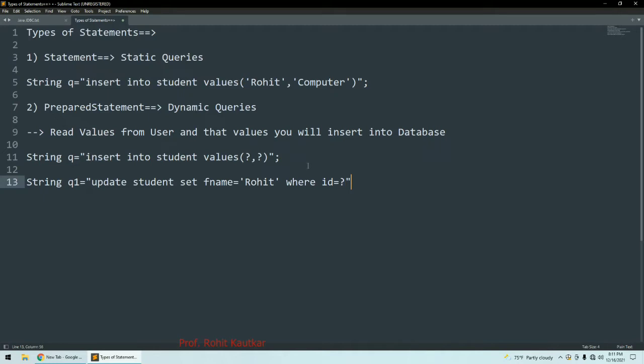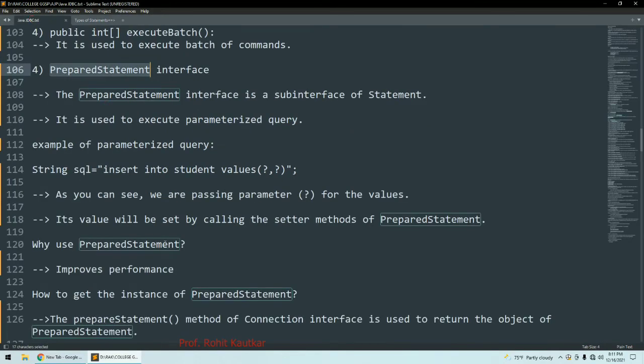Here you can see we are not writing the value of id. Instead of that we are going to pass it in form of parameter. Or another query I will write here, string q2 is equal to delete from student, where id is equal to question mark. Such kind of queries are executed with help of prepared statement interface.